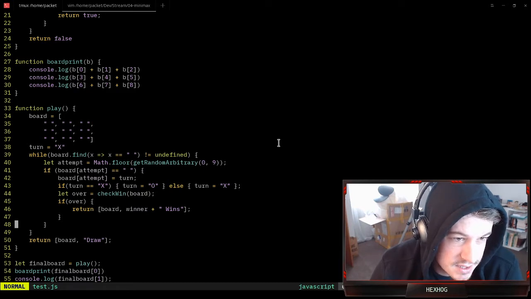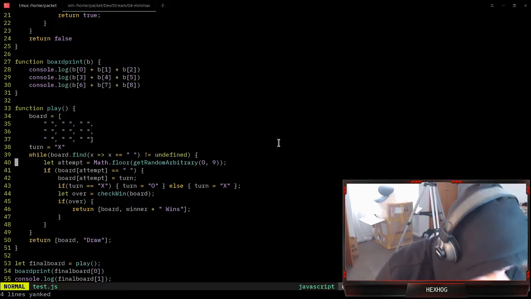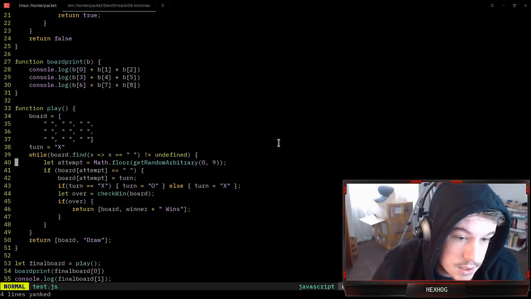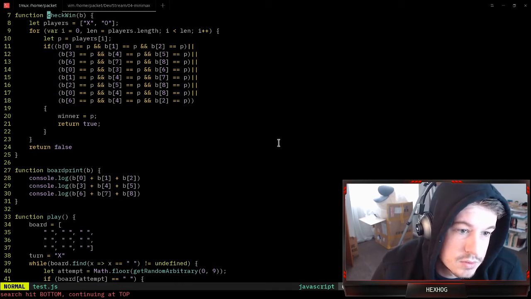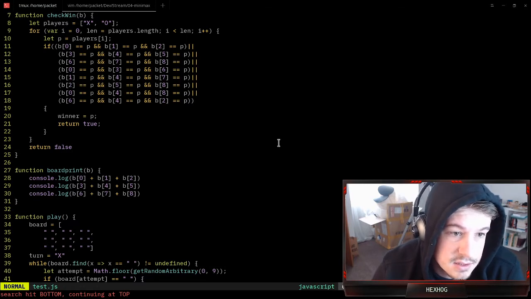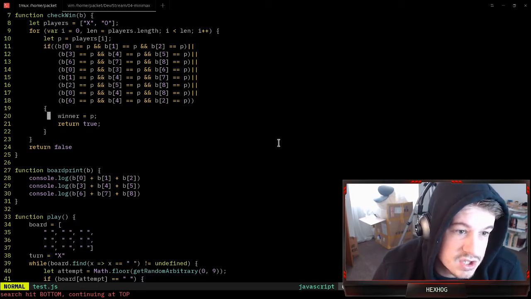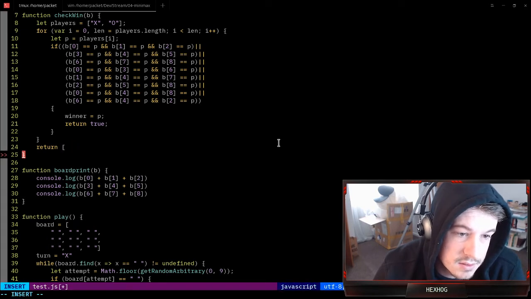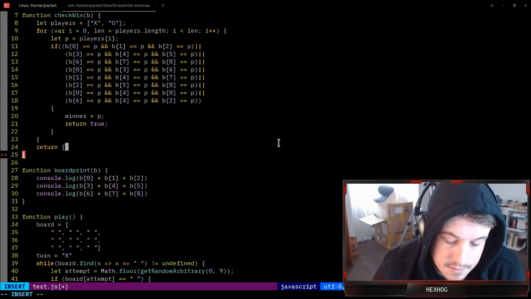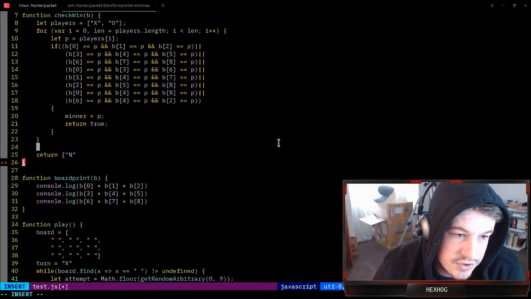So really we need a function that will know how to score a board, which is basically check win, right? So we have a function to tell on a board whether or not it's game over and who the winner is. So if we change check win to return basically who the winner is, or no winner, something like this,